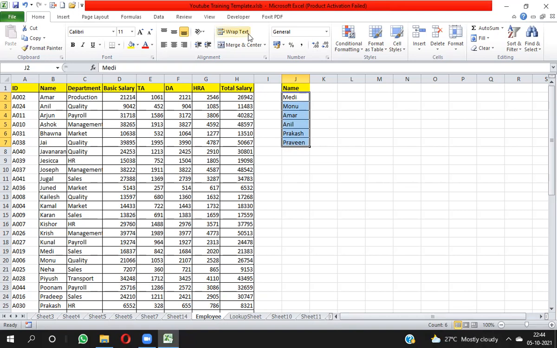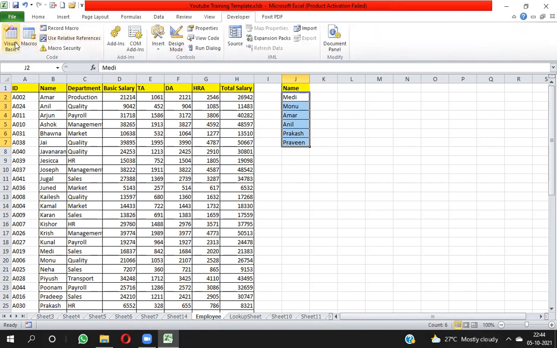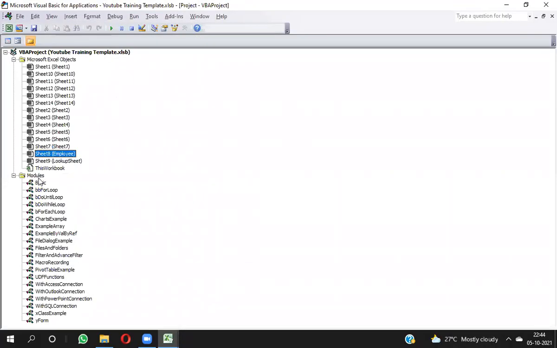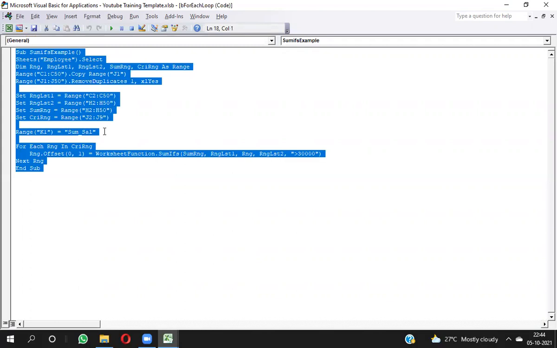What I have to do is go to the Developer tab, Visual Basic. Here I will remove this one and write For Each.